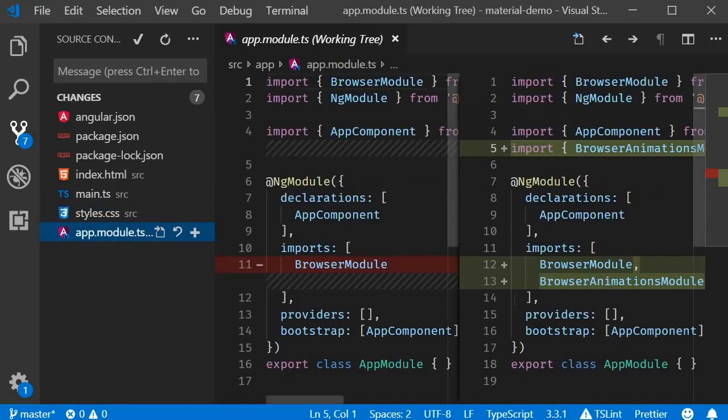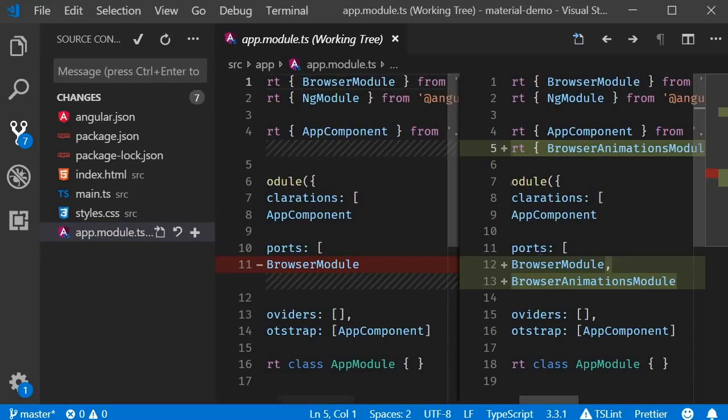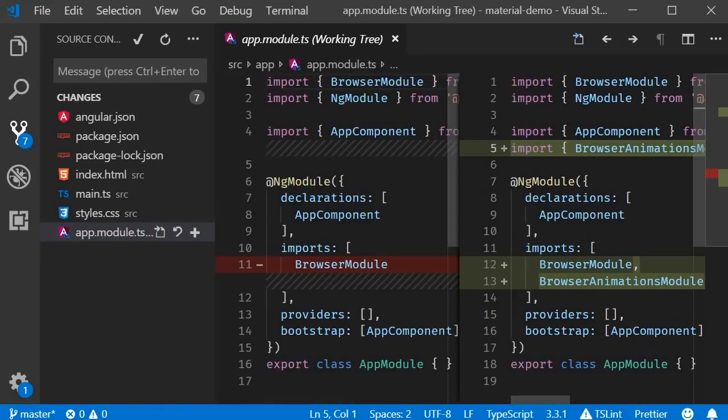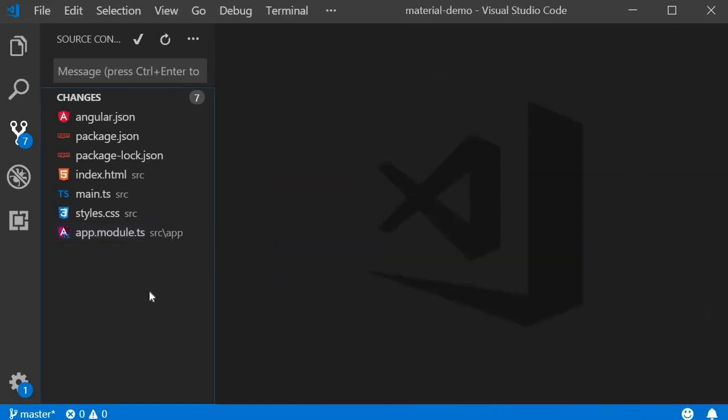Finally, in app.module.ts, we are importing the BrowserAnimationsModule and adding it to the imports array. Now, if you're doing this manually, make sure to add it after the BrowserModule. So the command basically adds project dependencies, includes them in the module, and sets up the style and theme for